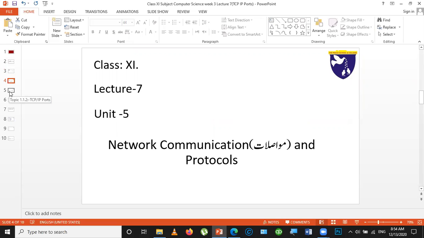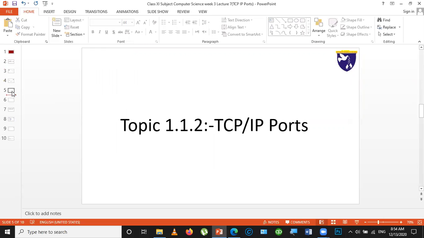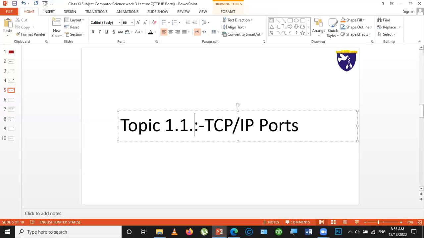This is lecture number 7, from unit number 5, which is network communication and protocols. Today, our topic is TCP/IP ports. Before going further to this topic,